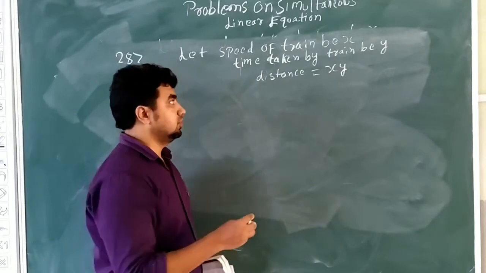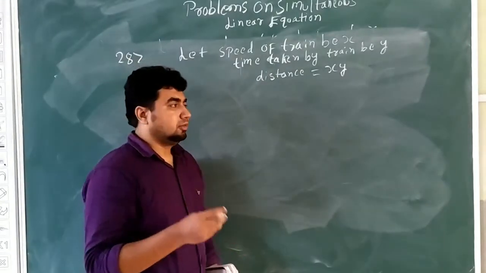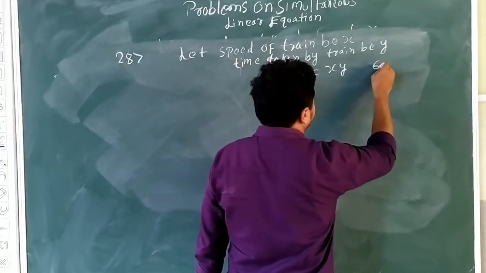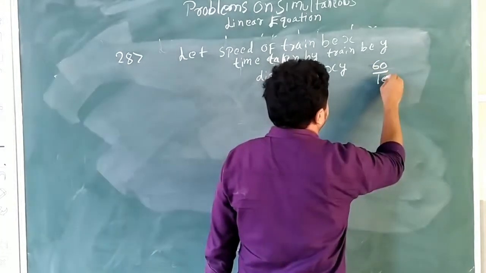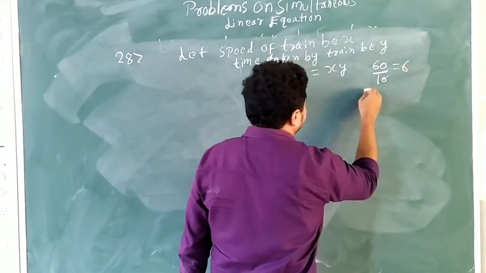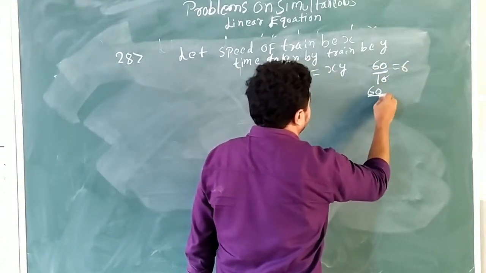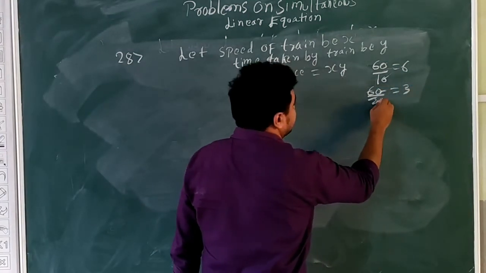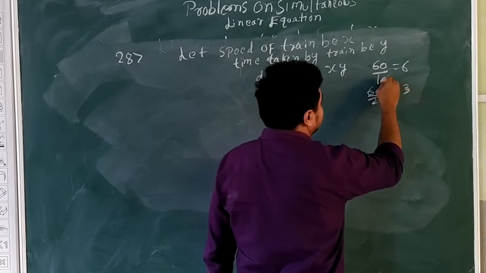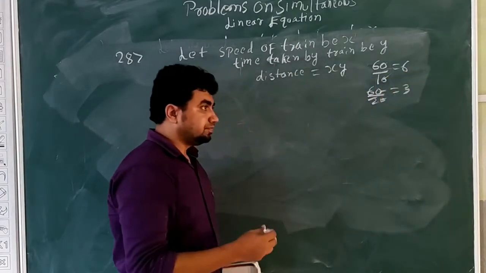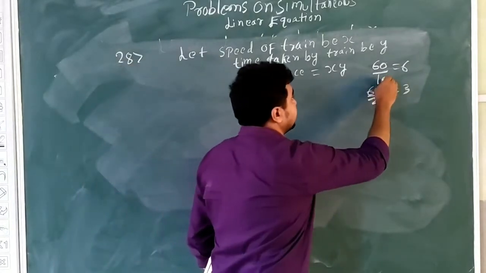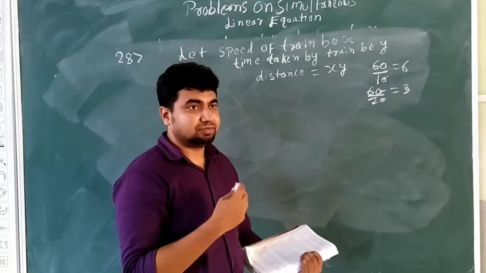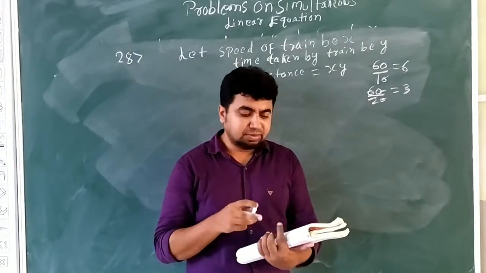So this is basically one of the things we will be getting: the product will always be constant. In the first case, 60 km with a speed of 10 means 6 hours. And if I say 60 at a speed of 20 km per hour, how many hours is it taking? 3 hours. So 20 into 3 here and 10 into 6 there. It adjusts the value in such a way that we get 60, which is the distance. Distance will always be constant. So the same thing will be applicable here.